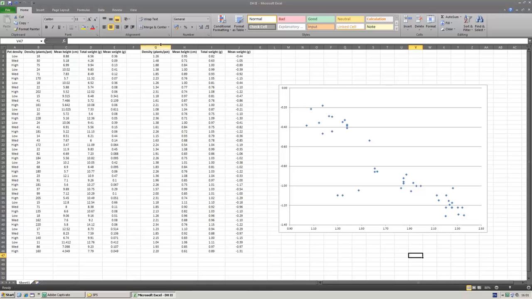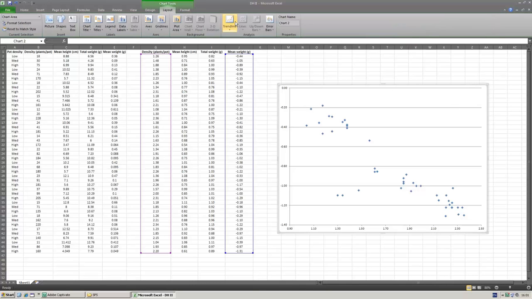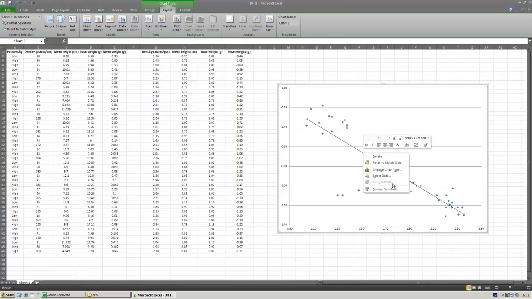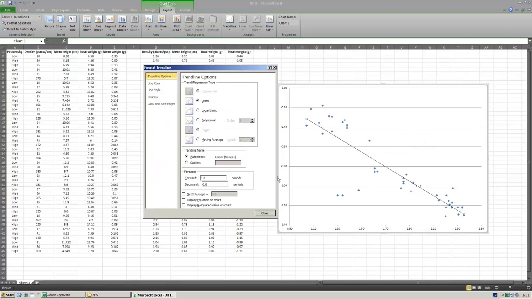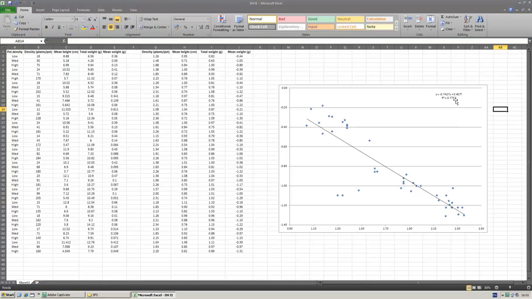Again, what we can do is add trend line. I'll do it a different way this time. So click on your graph, click to layout, add trend line, linear trend line. So exactly the same as right clicking at your points. Okay, and again, if you want to add your equation of the line and your R squared value, right click over it, go format trend line, and then you can add those on. Going that way. Okay, so again, you've got your equation of the line and your